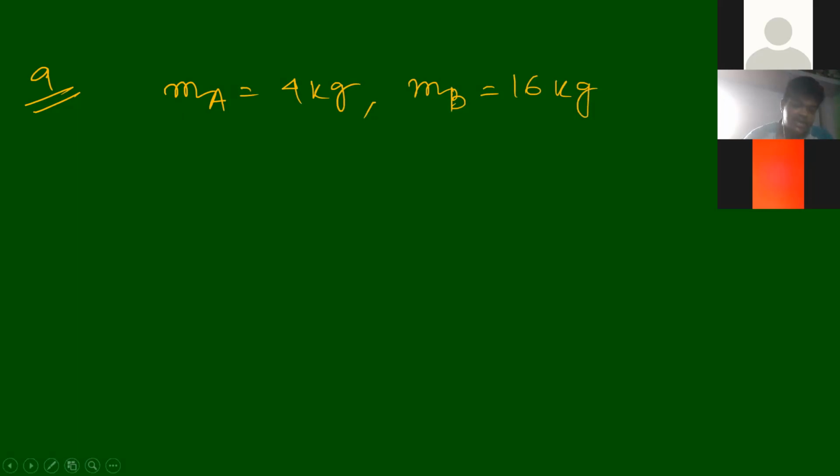Yeah. Now, after that, question number 9 we have to do. In question number 9, see here, the two bodies A and B have masses 4 kg and 16 kg. The way to solve this kind of question where A and B are mentioned is to write down the given data first. The mass of object A is equal to 4 kg. The mass of object B is equal to 16 kg. They have the same kinetic energy. Calculate the ratio of their velocities.